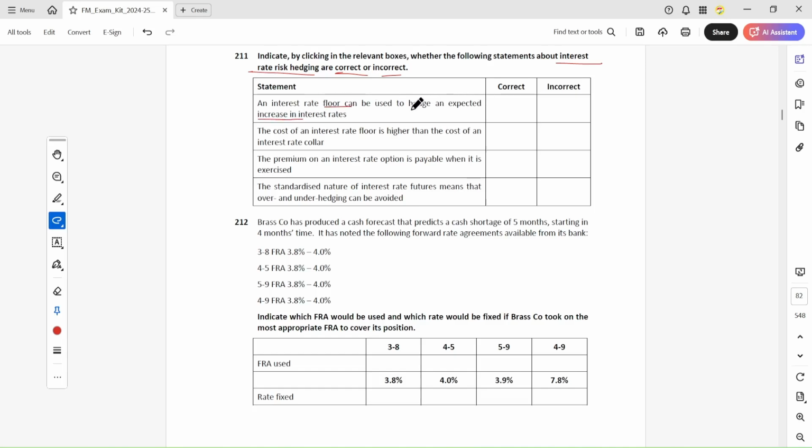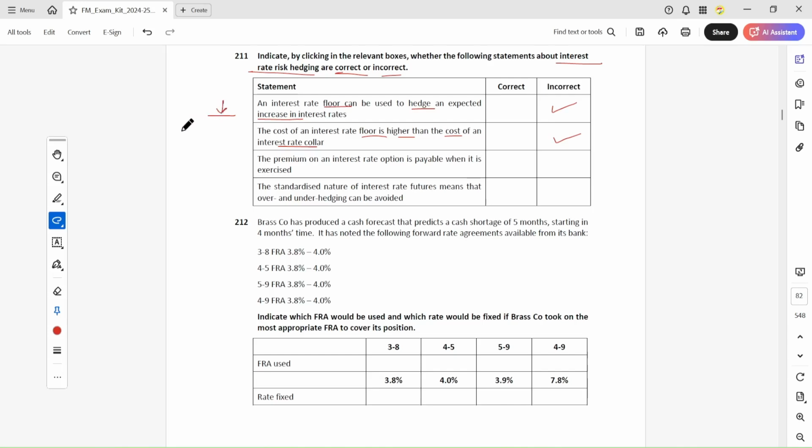Floor protect hedge against increase in interest rate? No, floor protects against decrease in interest rate. So this is incorrect. Okay, the cost of an interest rate floor is higher than cost of an interest rate collar? No, this is also incorrect, because in floor we